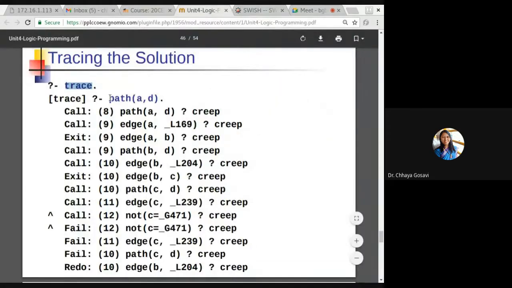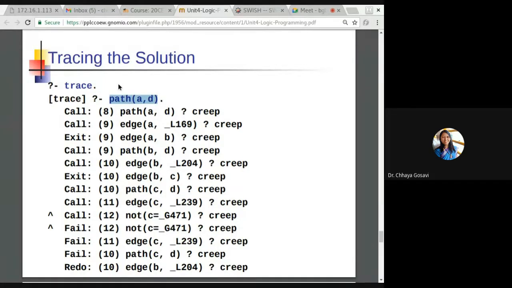In this case, we are checking whether there is a path from A to D. In our previous example, we have edges from A to B, A to C, and C to D. And we have to check is there a path from A to D. And the answer was true. But how was it executing?